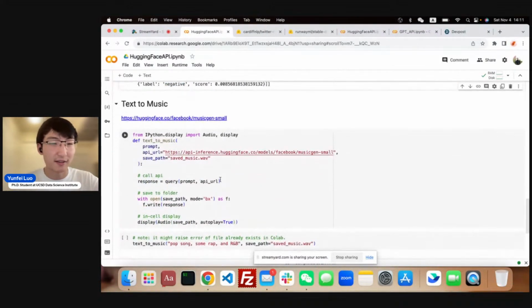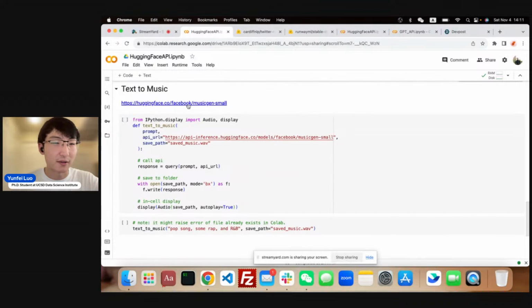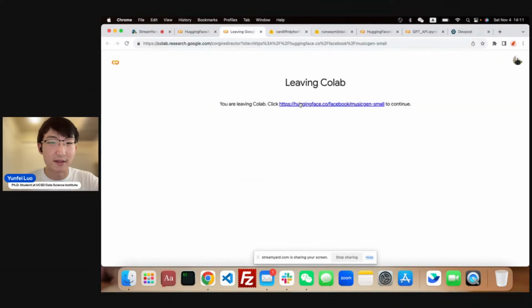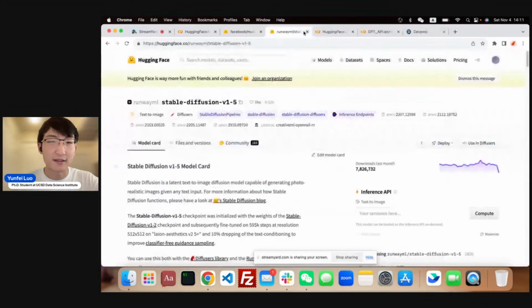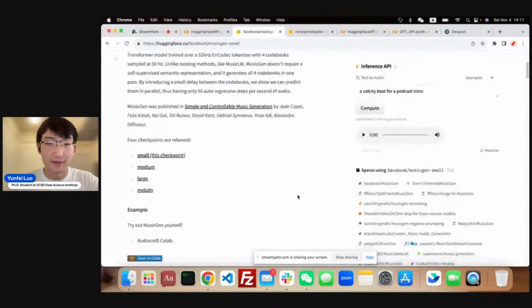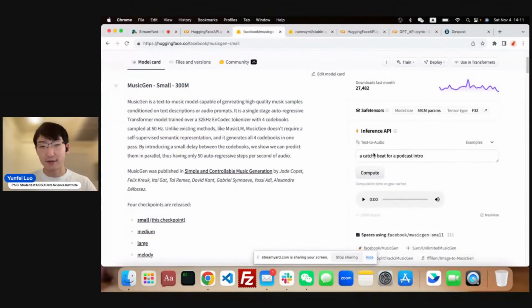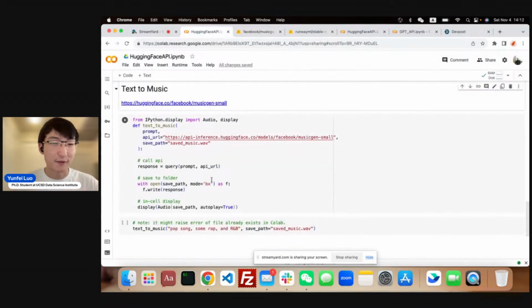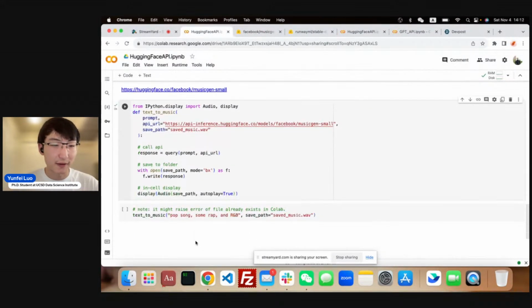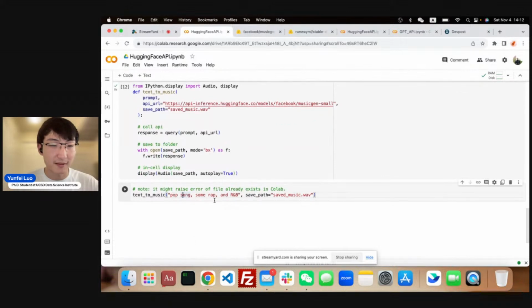And also we can do text to music. This is also a music generation model that you can easily find on the website. Basically it's still like you pass in a text, and it will give you back an audio file. So for example, in this case, if I'm doing, say, a pop song, some rap and R&B, and then it will result in, oh,